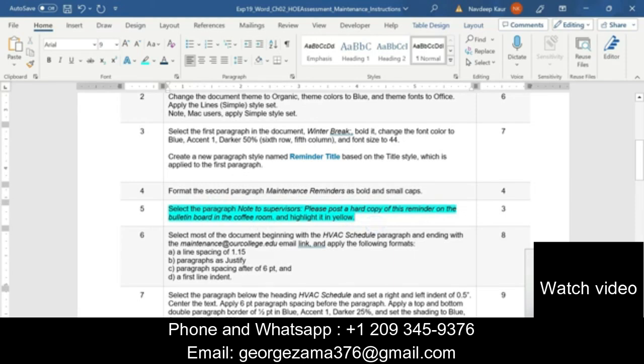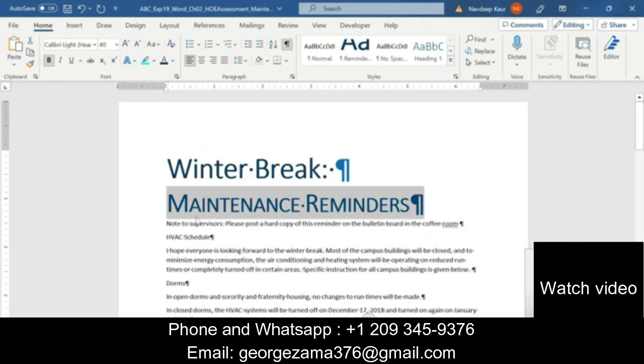Step number 5 is select the paragraph note to supervisor. Please post a hard copy of this reminder on the bulletin board in the coffee room and highlight it in yellow. So we will first select this paragraph, that is note to supervisor.